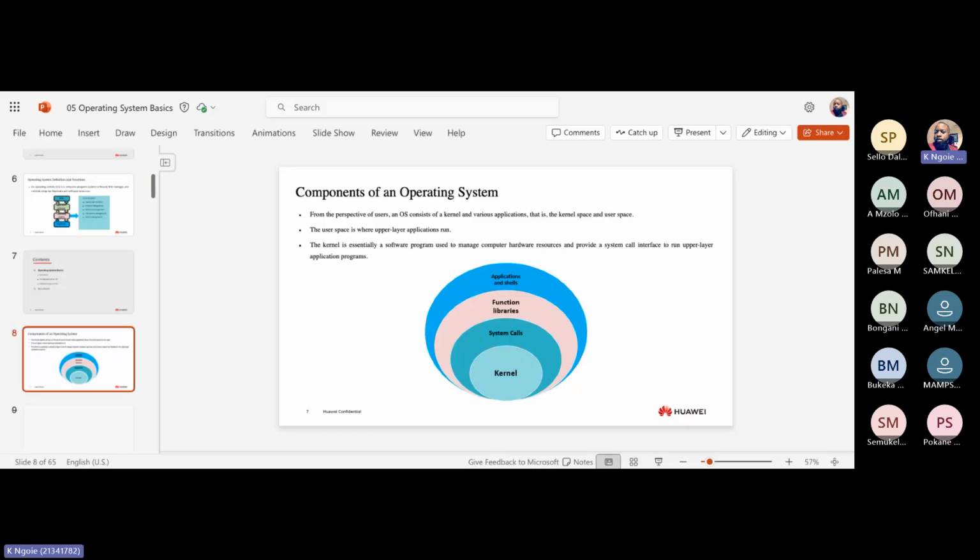So any instruction given by any software will actually go through the